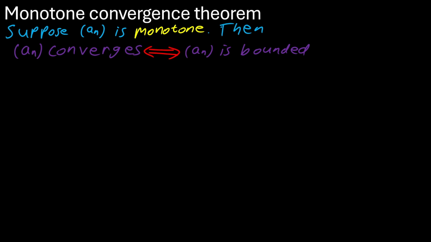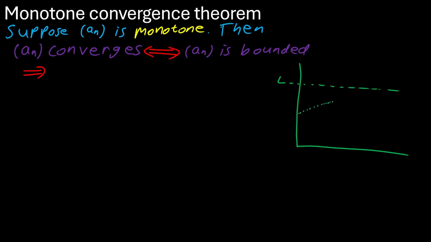Here's what we need this for. Something very useful, the Monotone Convergence Theorem. Suppose an is monotone, then it converges if and only if it's bounded. Okay, we can go this way first. So we can draw a little graph. Let's just assume it's monotone increasing. If there's a bound, like say this thing is a bound,